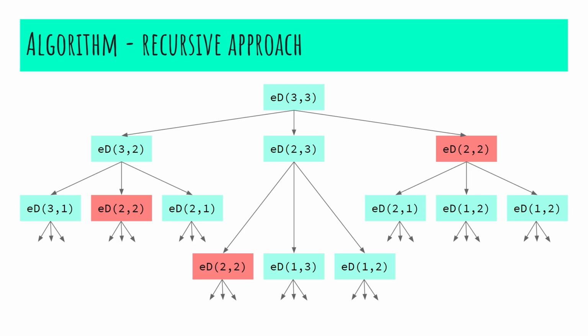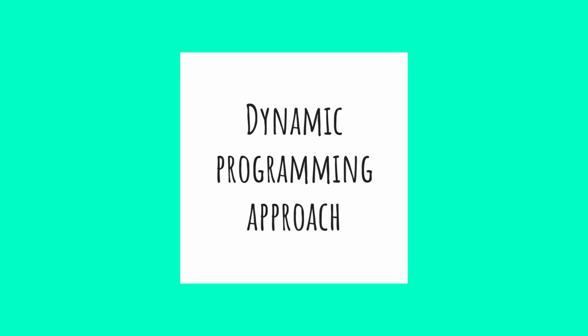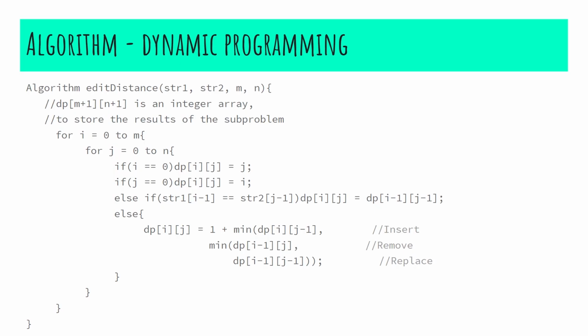DP problem. Like other typical dynamic programming problems, recomputations of the same sub-problems can be avoided by constructing a temporary array that stores the results of the sub-problems. Now let's look at the efficient approach. First, we'll fill the DP array, which is an integer array that will store all the results of the sub-problems